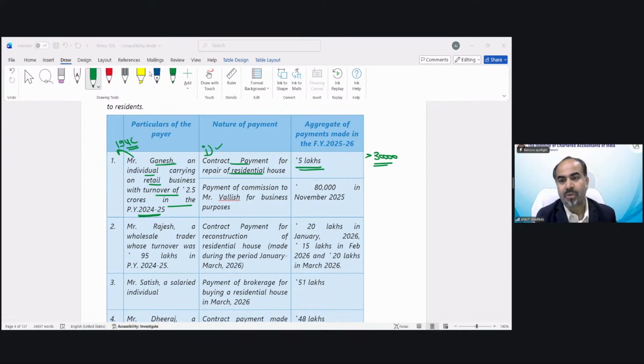So how can we deposit TDS, TCS to the government? There is a specific way: you have to go online. There is a certain requirement you have to fulfill, then you can deposit the TDS. That procedure is not in your syllabus, okay?